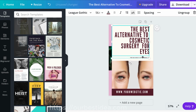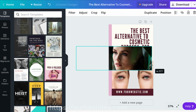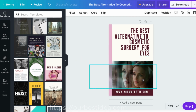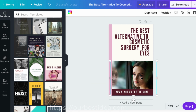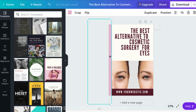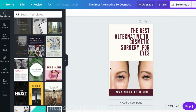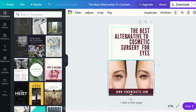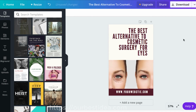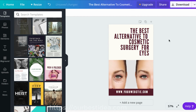Just something simple like that. So we might not even need that there. Which one would look better? You kind of go around. Get rid of that for a second. Don't know if I like this book here. Get rid of that. Get rid of that. Move that over a little bit. So again, you could screw around here, maybe change out the colors, whatever you like, but that's pretty good for